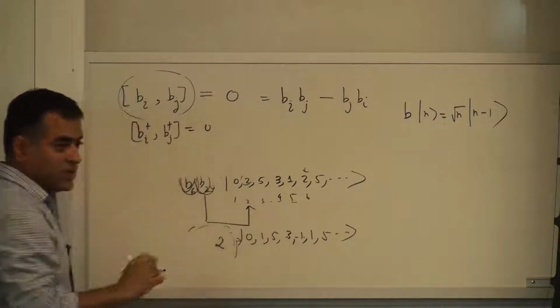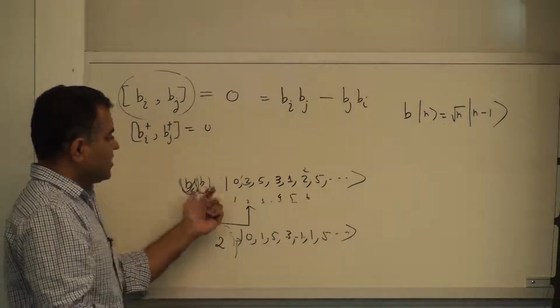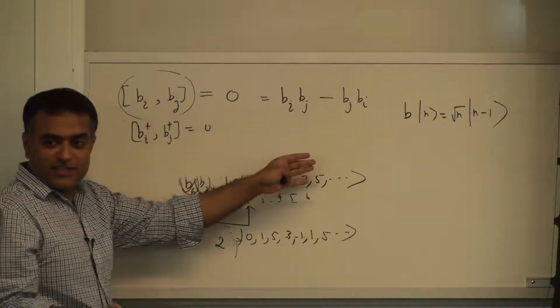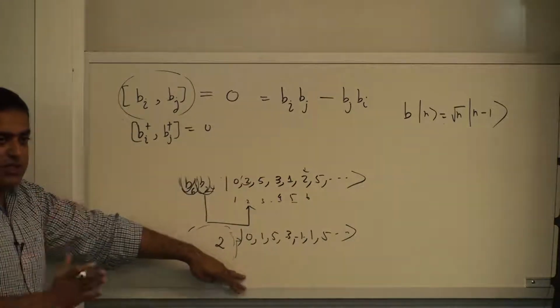If both are annihilation operators, it's still 0. It doesn't matter which order you create or destroy these particles in an orbital. The end result is the same. That's the property of bosons. So,